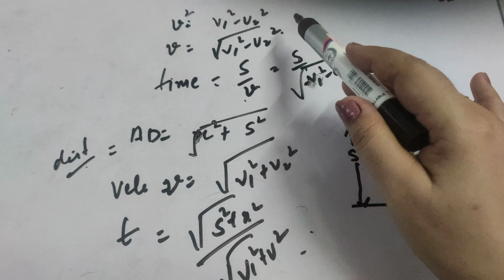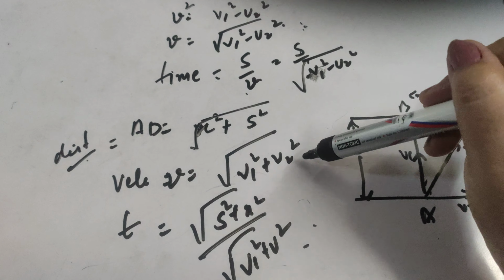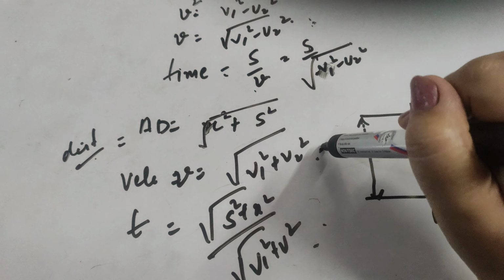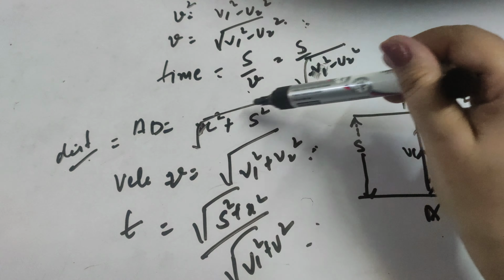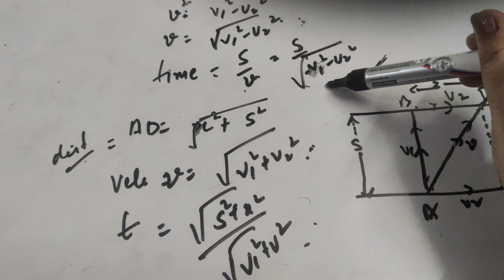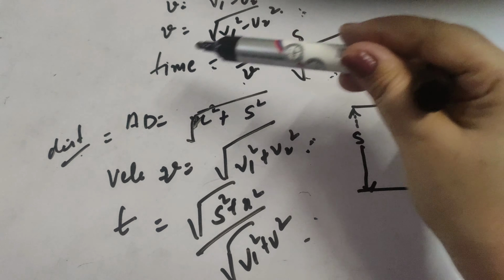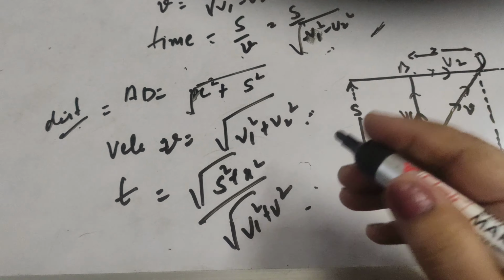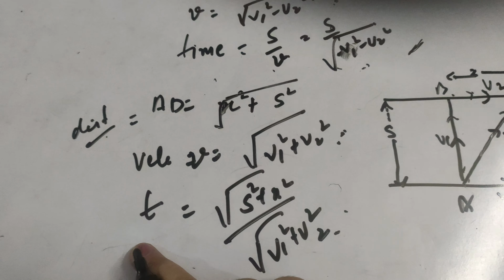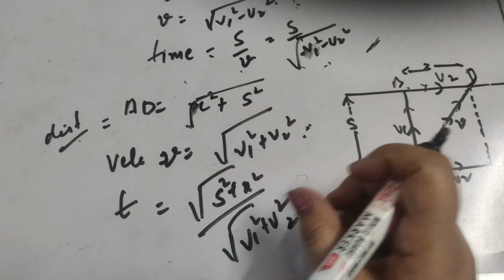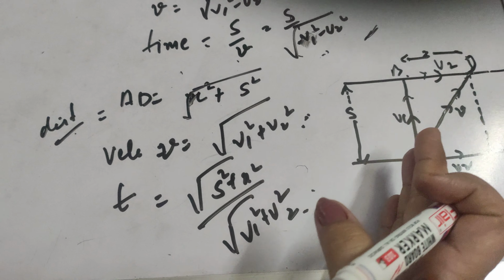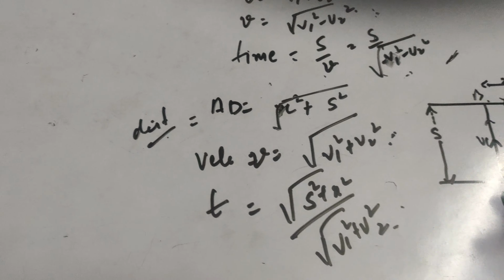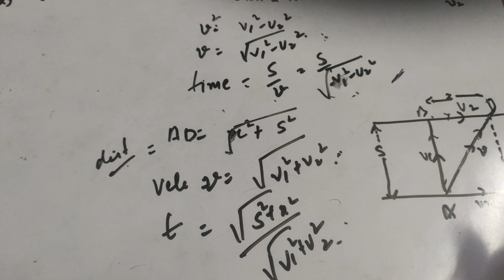You can see here that in this case the velocity is lesser as compared to this velocity. Since the velocity is more, the time will be less. Again, if we see this formula, in this case smaller is the velocity, more is the time. In this case more is the velocity, lesser is the time. So it will be the shortest time when the boat enters along the straight path, but it moves along the resultant velocity v. I hope this river boat problem is clear, and we will do numericals related to this in our next video.